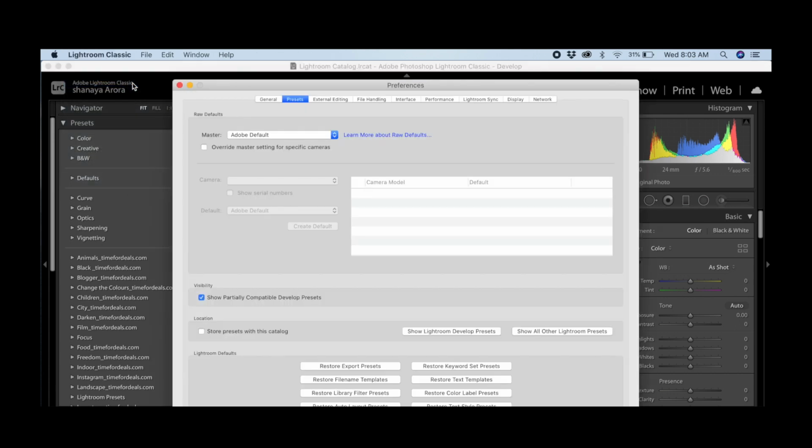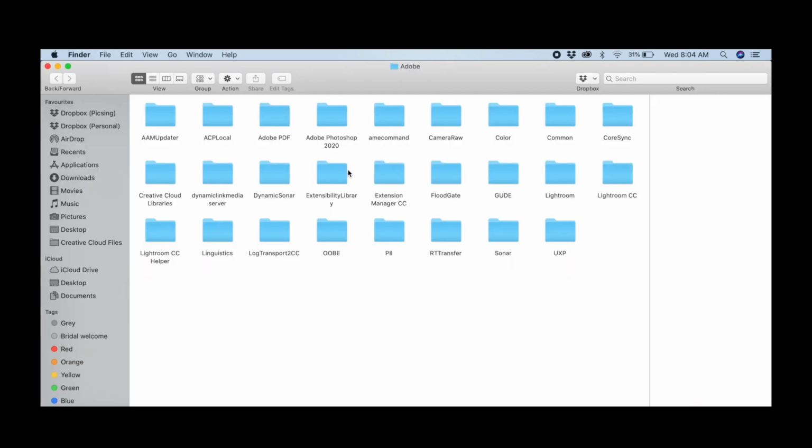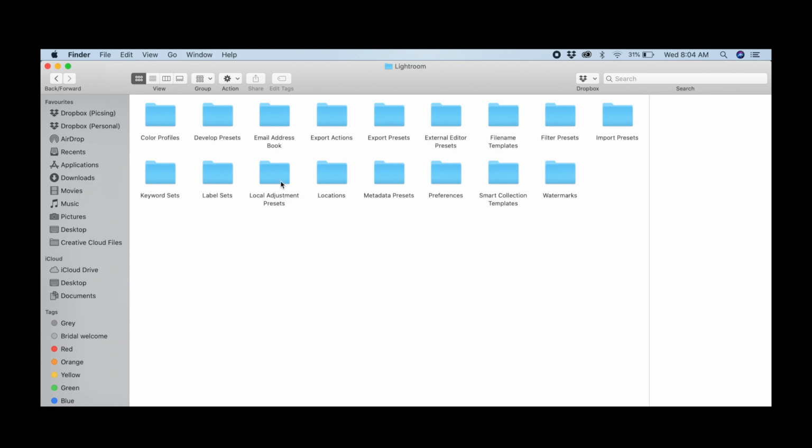Then after preferences, you can see the preset tab. Click on the preset. Now click on the box which says show all other Lightroom preset folders. Now once you click on this, you need to double click on the Lightroom folder, and then once you open this, you need to double click on the develop presets.